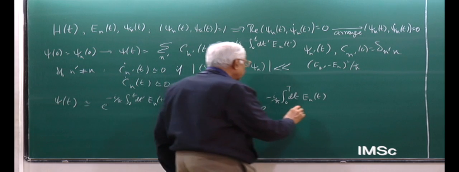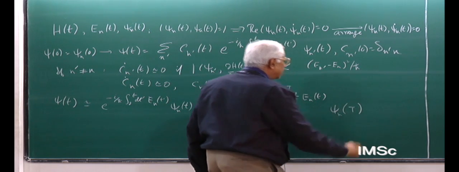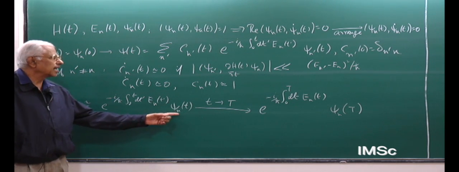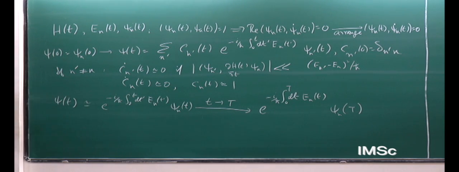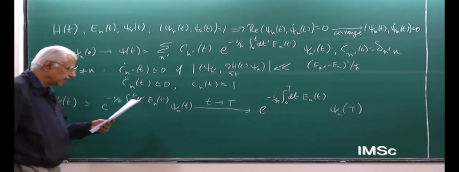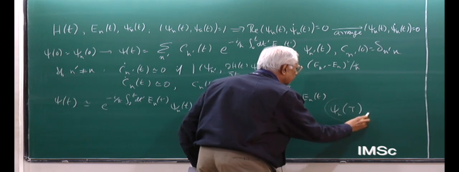And I remove t prime, I put t, times the nth eigenfunction at the time capital T. Right? So this is a solution of the Schrodinger equation. This is the adiabatic theorem of quantum mechanics. And now what we realize is this thing,